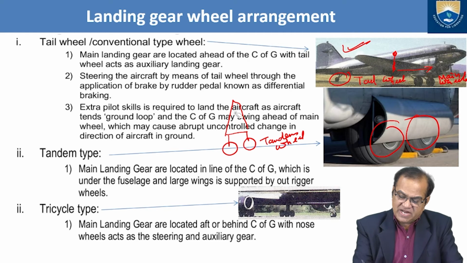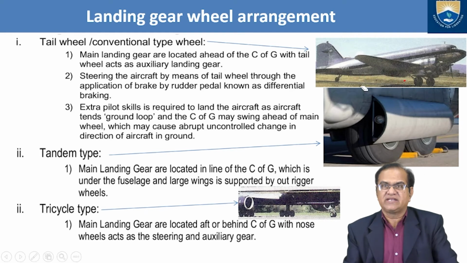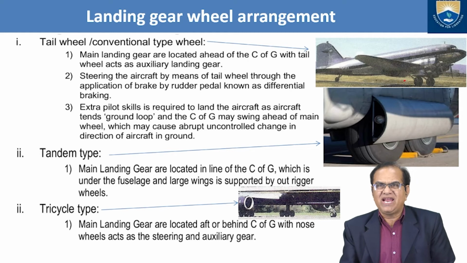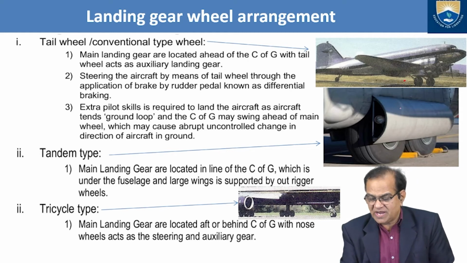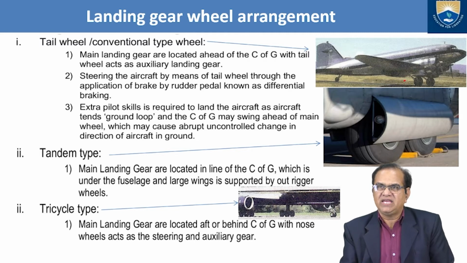It is called the tandem wheel. Let us see the use and the advantages. In this, the main landing gears are located in line with the CG. Mostly these main landing gears are just below the CG, under the fuselage, and a large wing is supported by